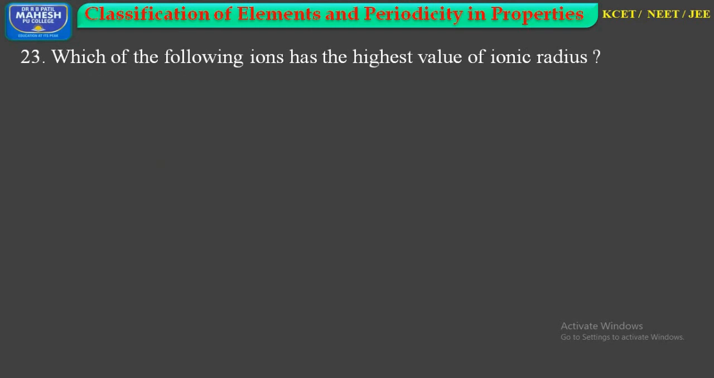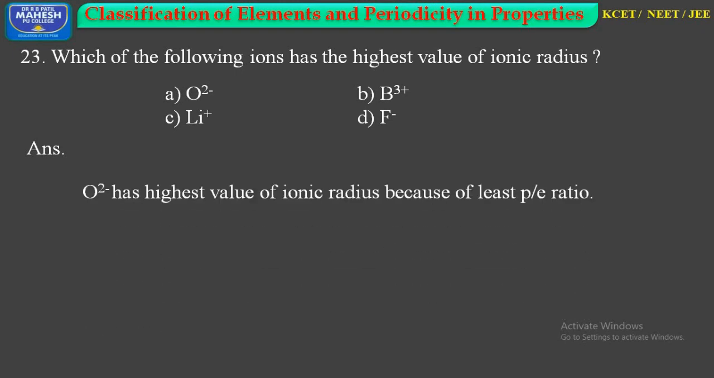Next question, 23rd. Which of the following ions has the highest value of ionic radius? And the options are option A, oxide anion, option B, boron cation, option C, lithium cation, and option D, fluoride anion. Students, oxide anion has got the highest value for ionic radius, and the reason for this is its proton